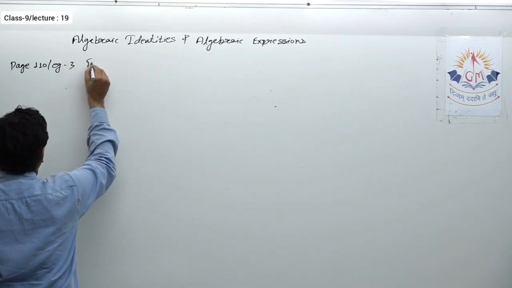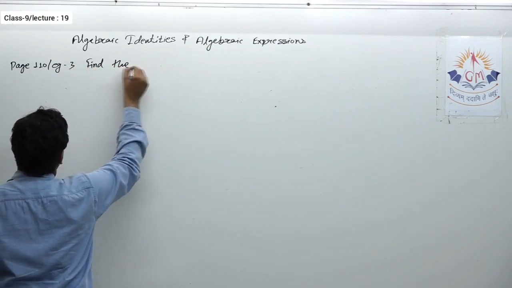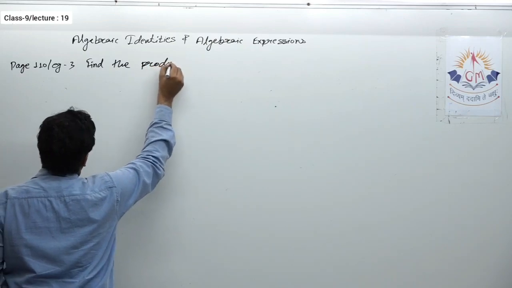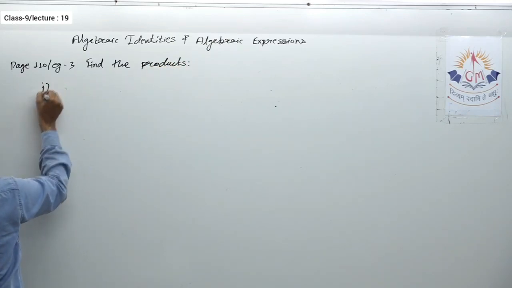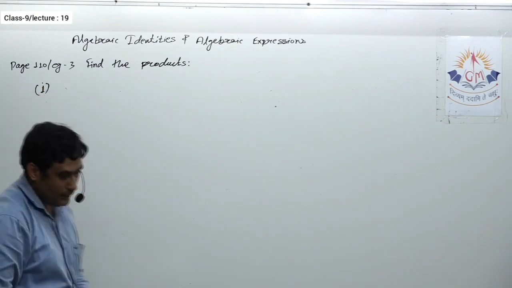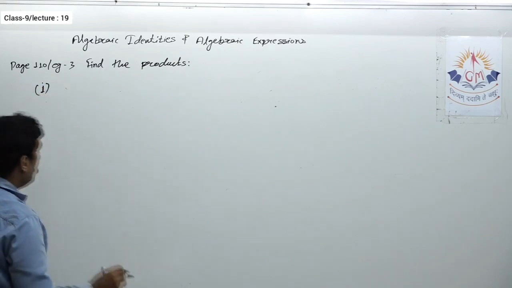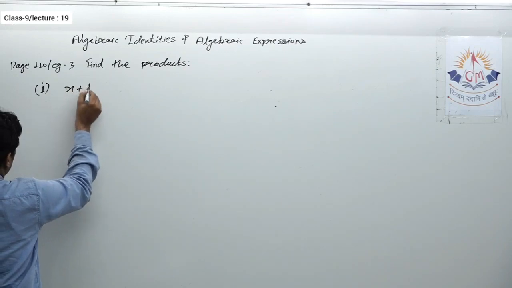Okay, the question is find the product. In this first one, it is x plus 1 upon x, sorry,